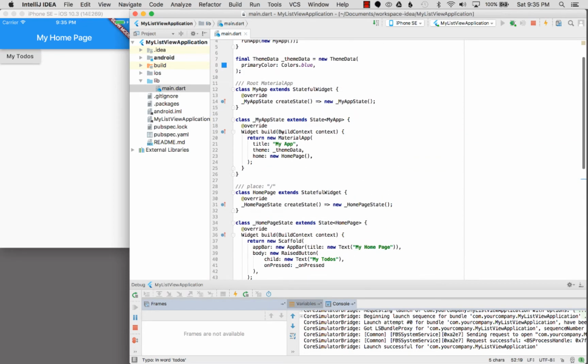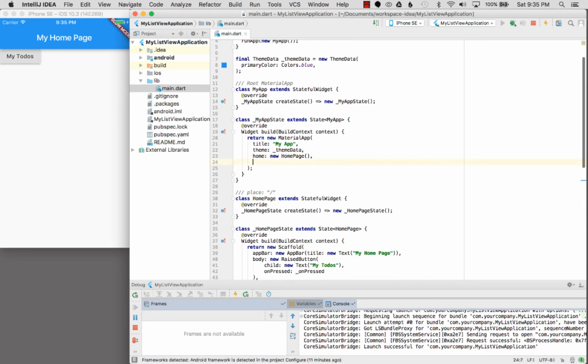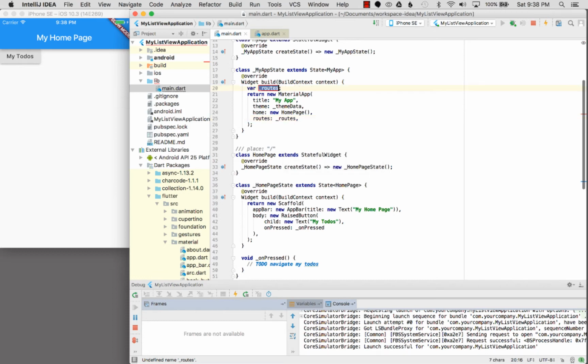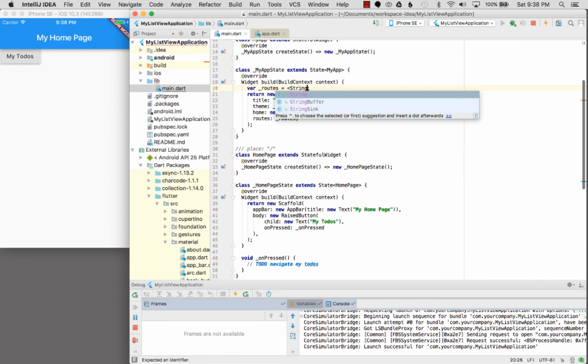I go up to the material app, and in this case, I'm going to say routes now has a route. So I'm going to hit Alt Enter on it, and I'm going to create a local variable, routes. It hoists it up before the new or return. And this is going to be, whoops, got to hit complete equals, and this is going to be string, comma,